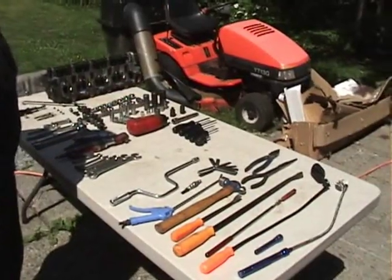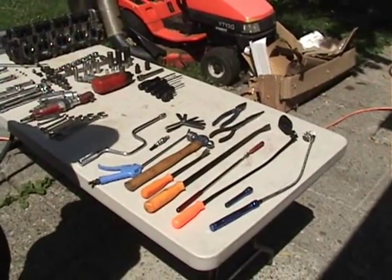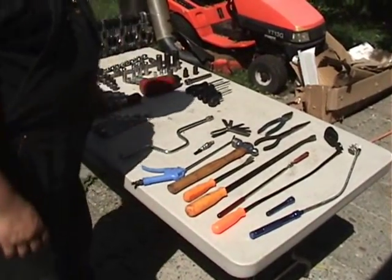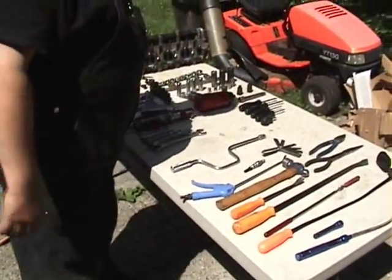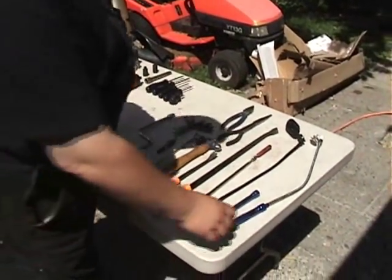Now before you can disassemble the exhaust manifold, for you newbies out there, we're going to have to show you what kind of tools you'll be looking for to get the job done. Okay, well thanks Rodney. I think some of the tools you should have in order here that come in handy